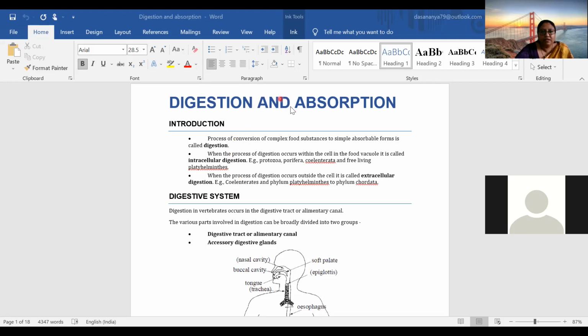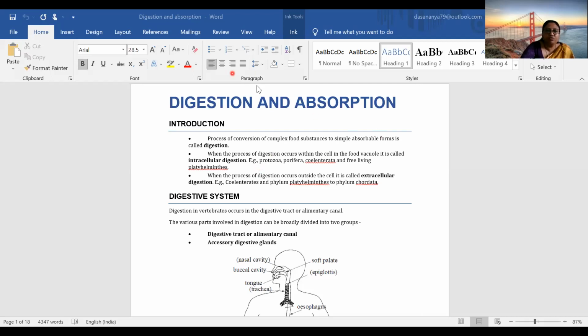So here in this chapter, we will be focusing on human being, and we will be focusing on digestion and absorption procedures conducted in human being for various physiological activities. So this part of the chapter is known as human physiology. So we need to know what we mean by the word physiology?